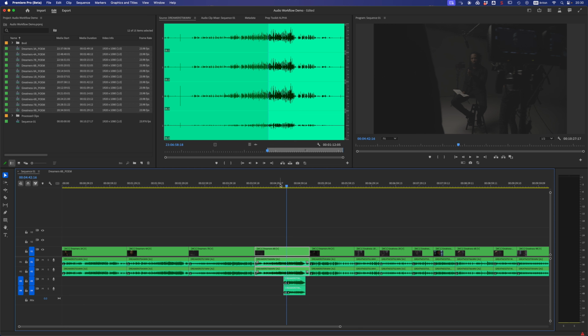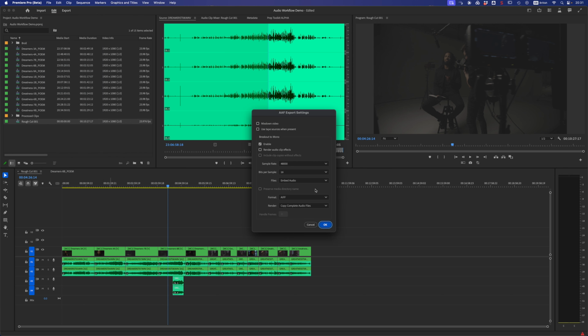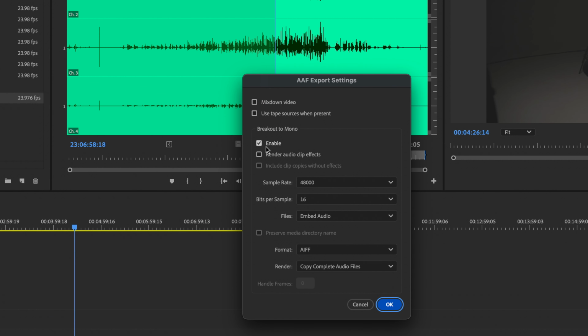But how can we guarantee that all of those audio channels are going to be accessible and available in Pro Tools? So we can do that in Pro Tools using the field recorder workflow, and I'm just going to show you that very quickly. So I'm going to call this rough cut 001, and I'm going to come to the export menu and I'm going to choose AAF, and essentially I'm going to click enable because we want to break the audio out to mono to go to Pro